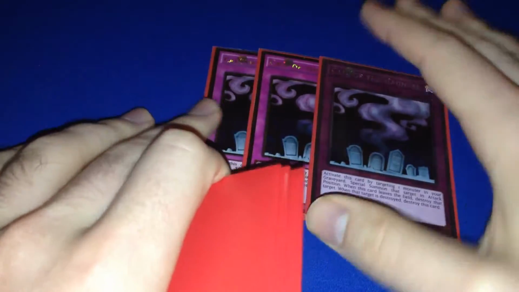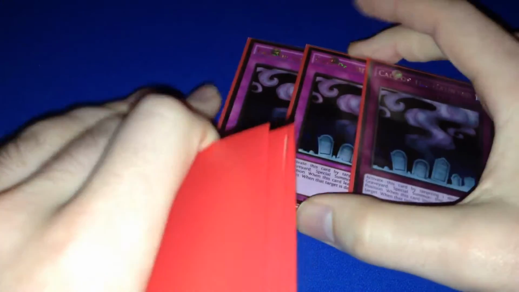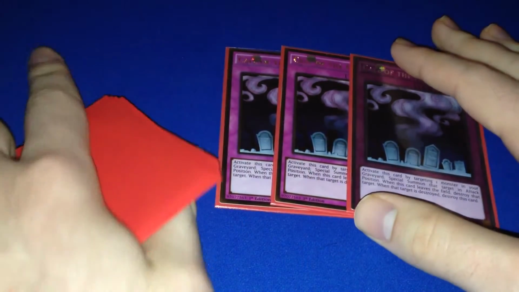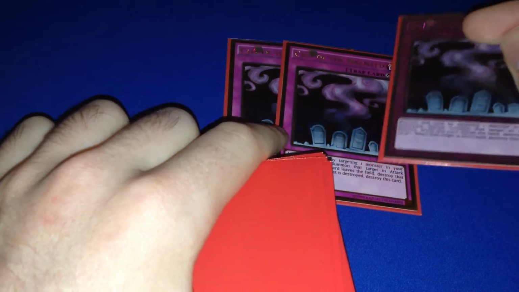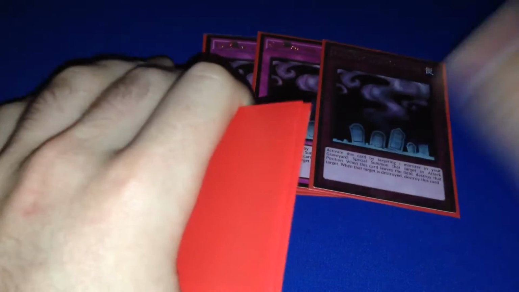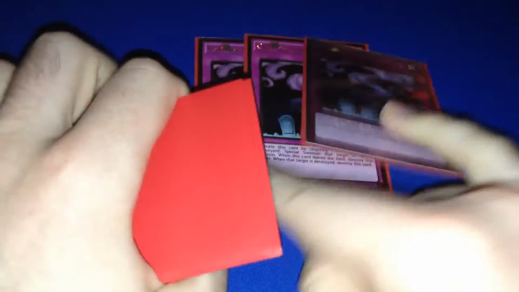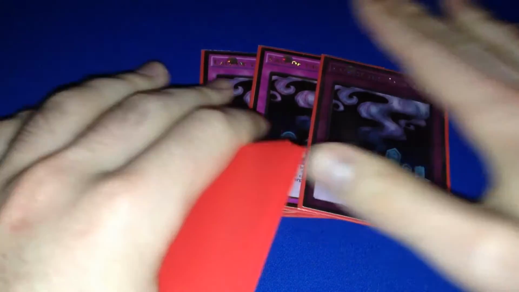3 copies of Call of the Haunted. I like this card in the deck for obvious reasons, but I'm tempted to switch over to Powerful Reverse, the trap card from Cross Souls. It's sort of like Call of the Haunted, except if you get spaced, the monster won't die. Because most of the stuff you're going to be calling back is level 4 and lower anyways, I do like Call of the Haunted. I think it's a 3 of in my particular build,